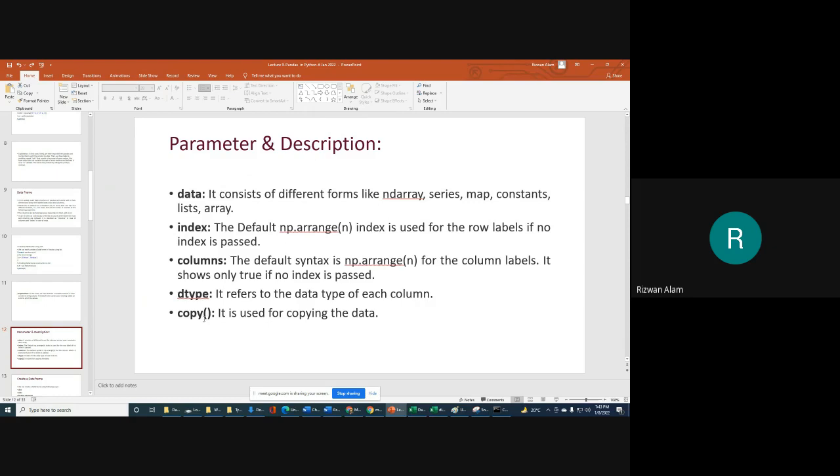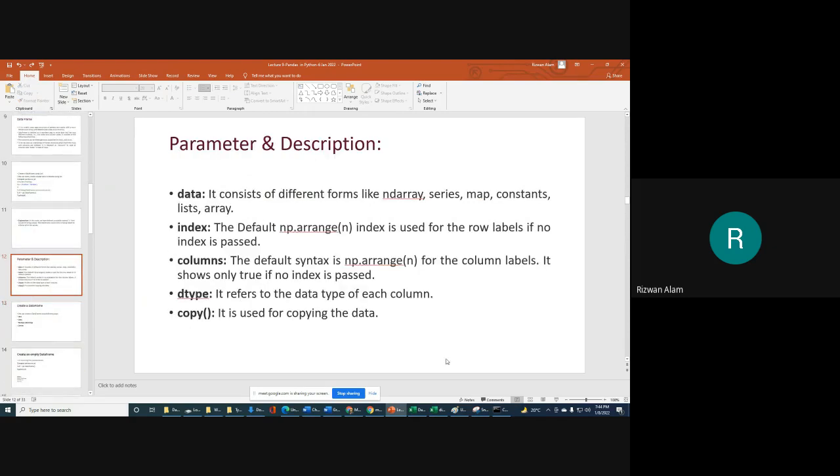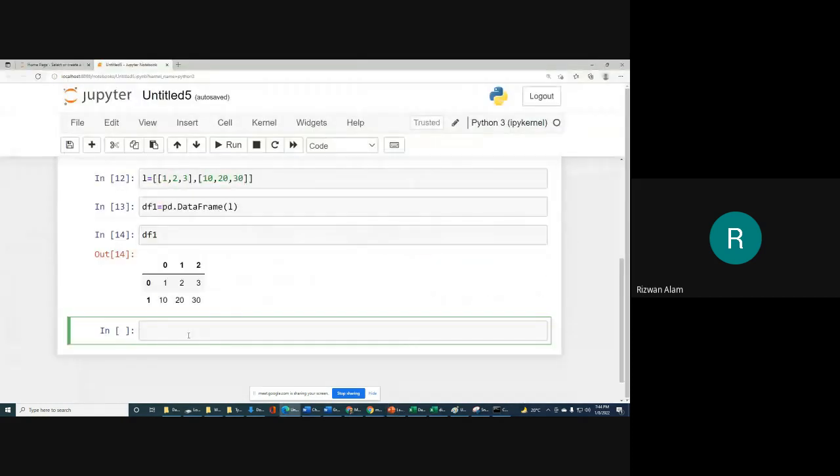If you want to copy all the values from a data frame to another data frame, we can use the copy function. Let me try that one.